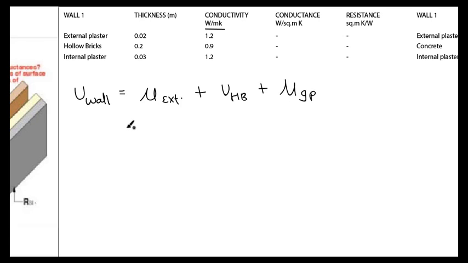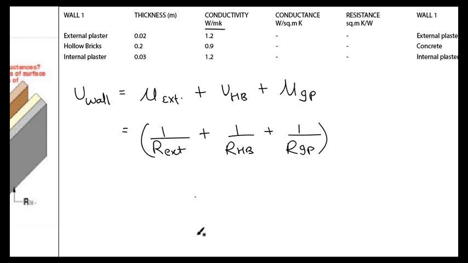But we cannot add U values directly, which means 1 upon R value of external plaster plus 1 upon R value of hollow bricks plus 1 upon R value of internal plaster. So this will be the formula, right? So now